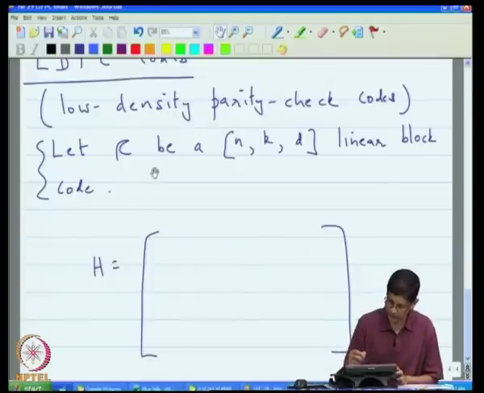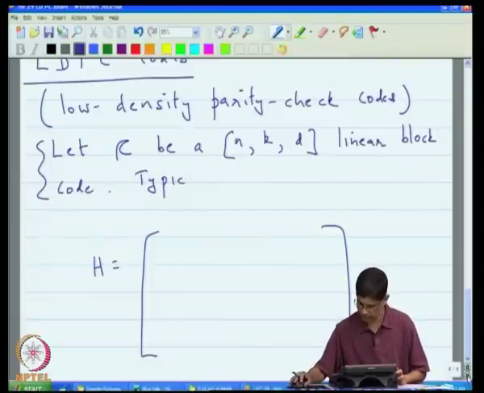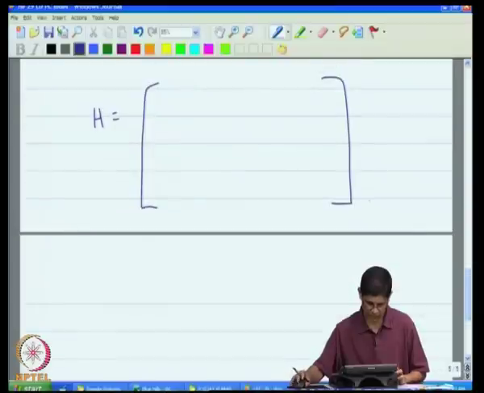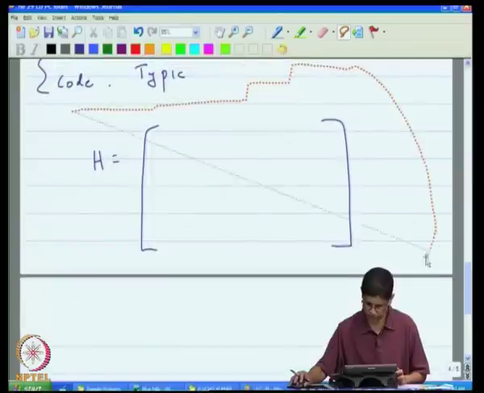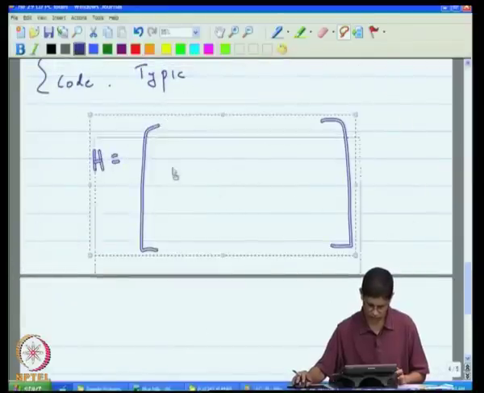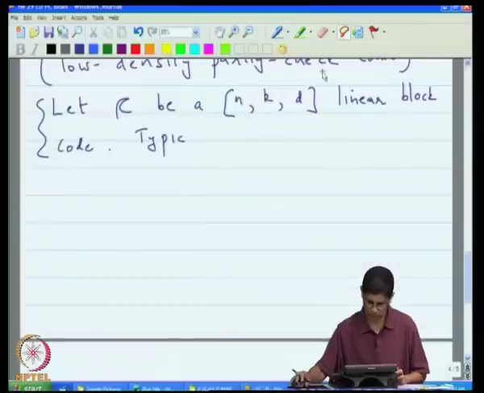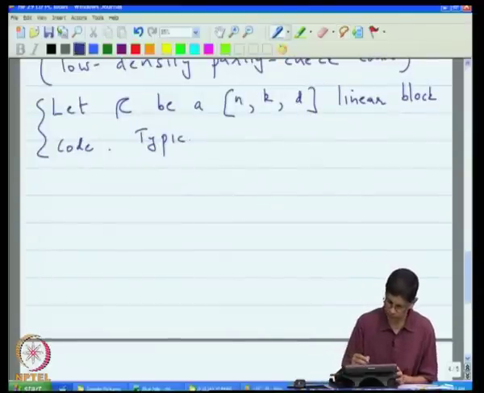So typically, okay, I need to create some more space for myself. So typically when n is large,